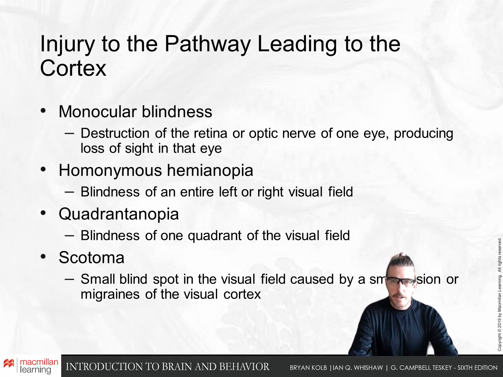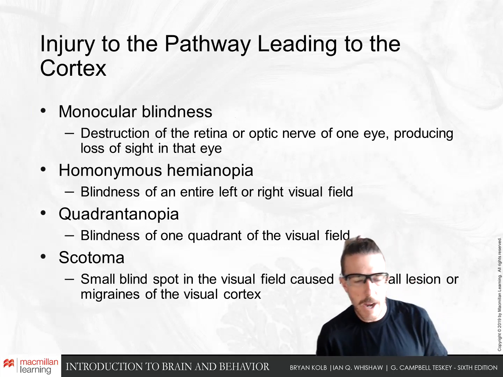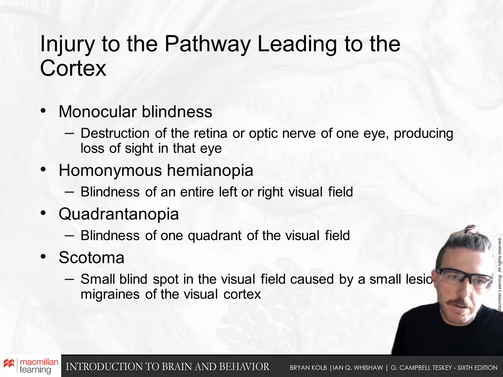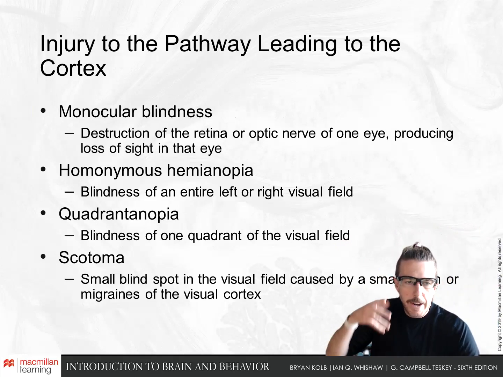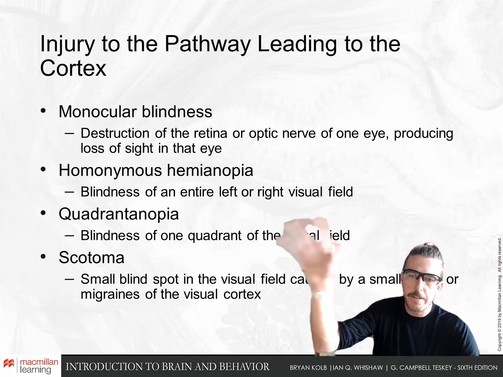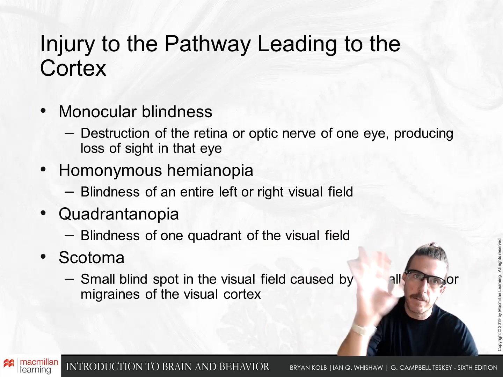Monocular blindness is destruction of one eye. So you lose sight in one of your eyes, either from a retina being damaged or the optic nerve. And this is very different from damage anywhere else in the visual system, in which your visual field gets damaged, not just one of your eyes. If you get damaged in just one eye, the other eye can compensate and you still have this full view